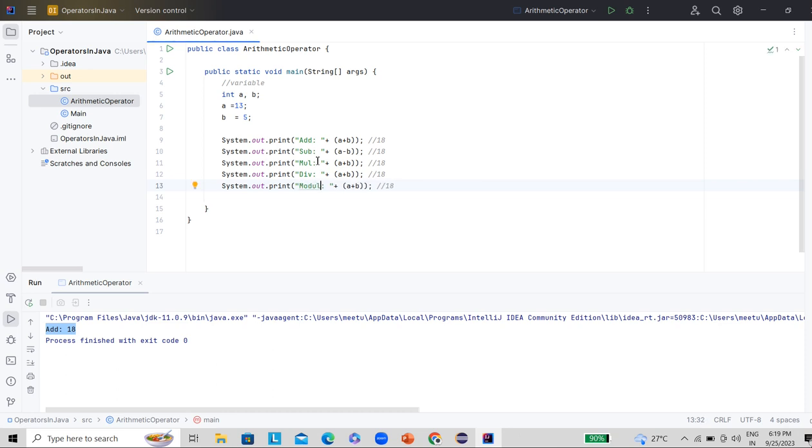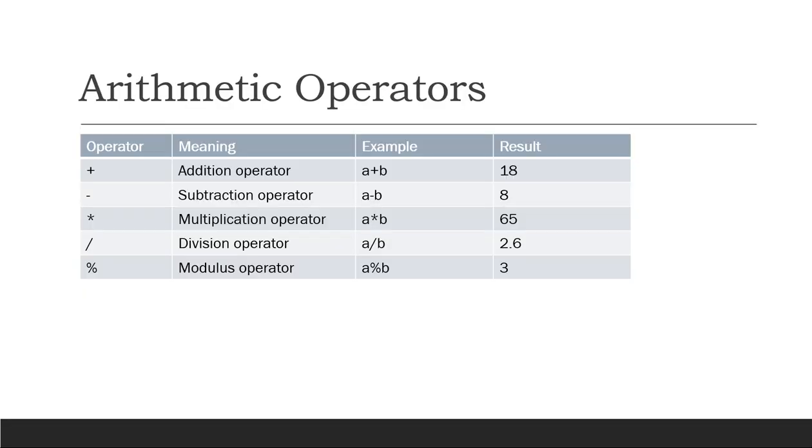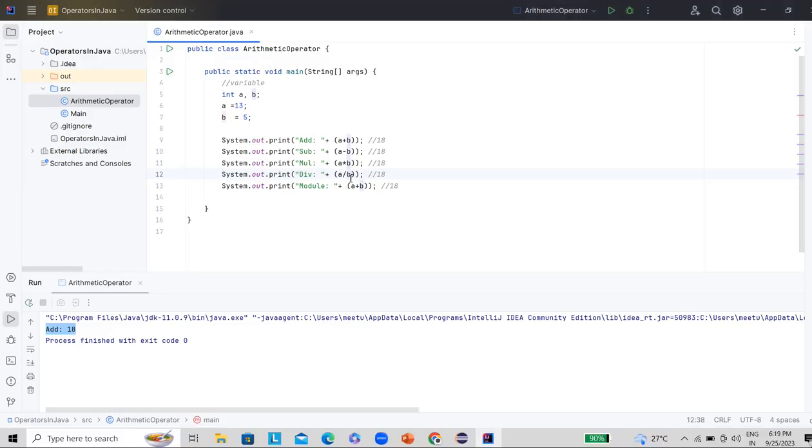Addition, subtraction, and multiplication basically give results similar to simple math, right? The division symbol is slash and the modulus symbol is percentage. So what will be the expected result here? 13 minus 5 is 8, and 13 multiplied by 5 is 65.